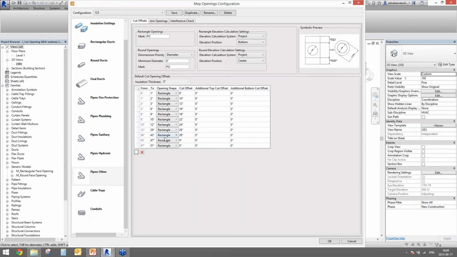Anytime if you still need some additional information, we are giving the default configuration that has only such amount of ranges, but if needed you can add your own new configurations from two cut offsets, the rectangular or round opening shapes, additional top and bottom offsets, and